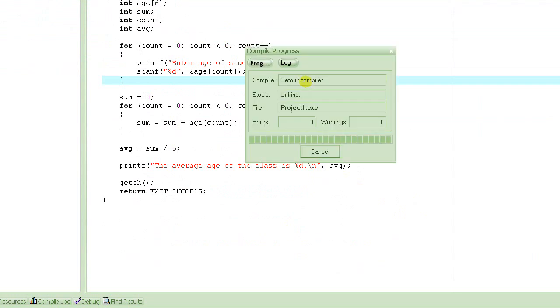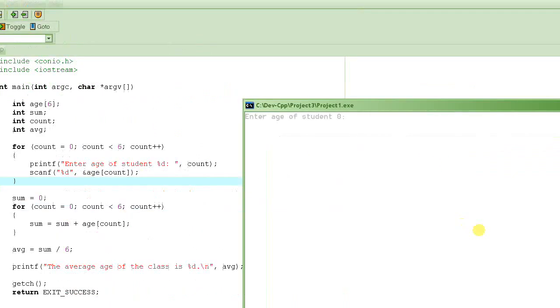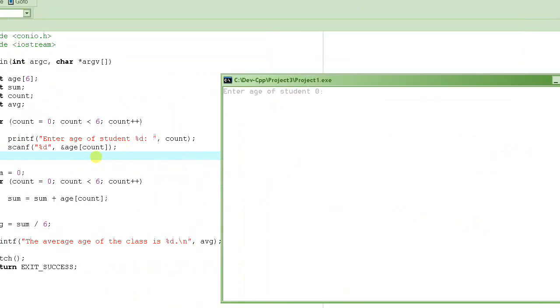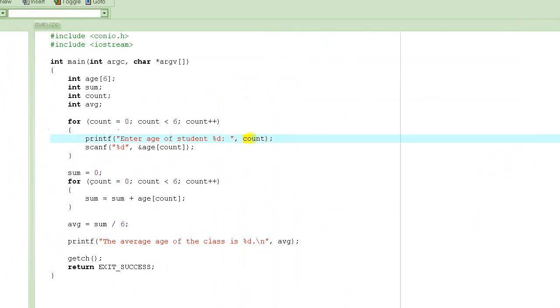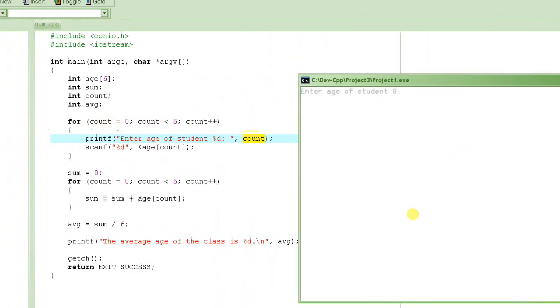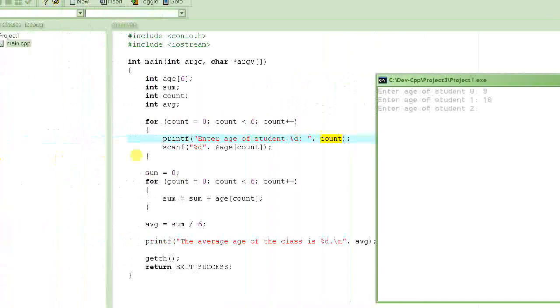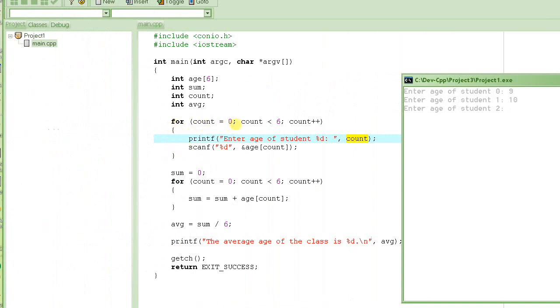Okay, press F9, and here we go. So enter age of student 0. See how it substituted the value of count, which is 0, in here. Okay, so enter the age of student 0. Let's say 9. So now next student 1, 10, because this is in the loop, and every time when we go through